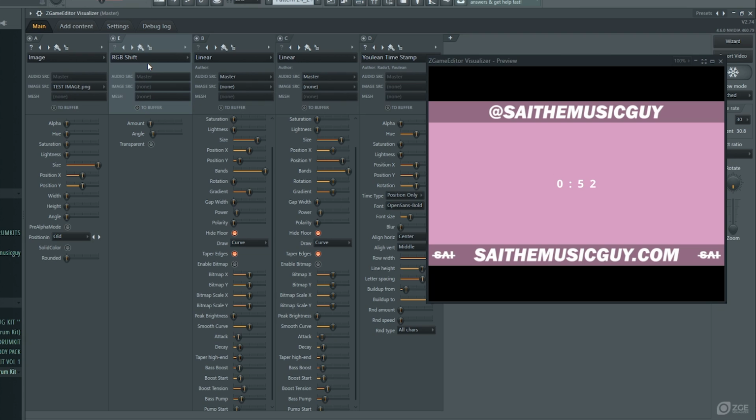You could make something get bigger with a clap just by selecting a different effect and then changing the size to react to the clap with a peak controller. And that's how you can easily create